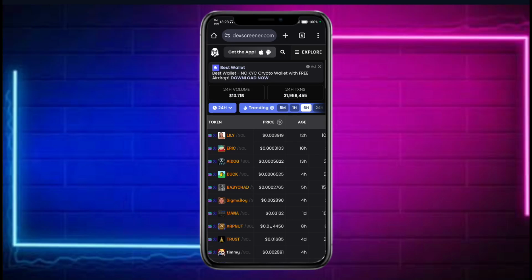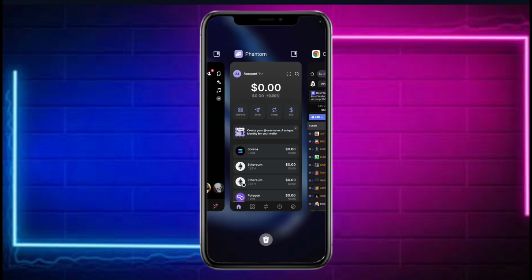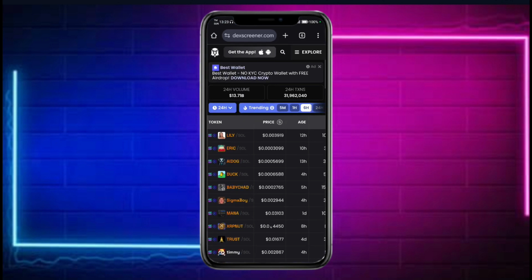In this video, I will show you how to connect Phantom Wallet to Dexscreener. As of right now, I am currently on Dexscreener.com and I have my Phantom Wallet open on another app. So in order to connect those two together, what we can do is click onto these three